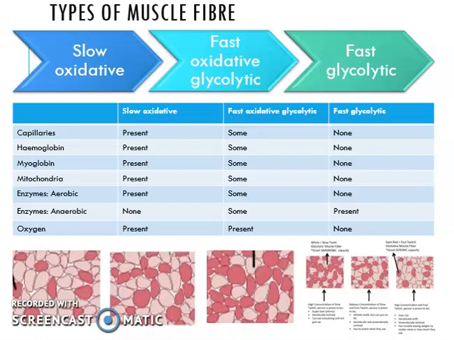This means that the fast glycolytic muscle fibers will have large amounts of myosin, as their contraction is more powerful, and fast oxidative glycolytic muscle fibers will have a medium amount of myosin, as it can contract both powerfully and not as powerfully. The first type of muscle fiber to be recruited are the slow oxidative muscle fibers due to